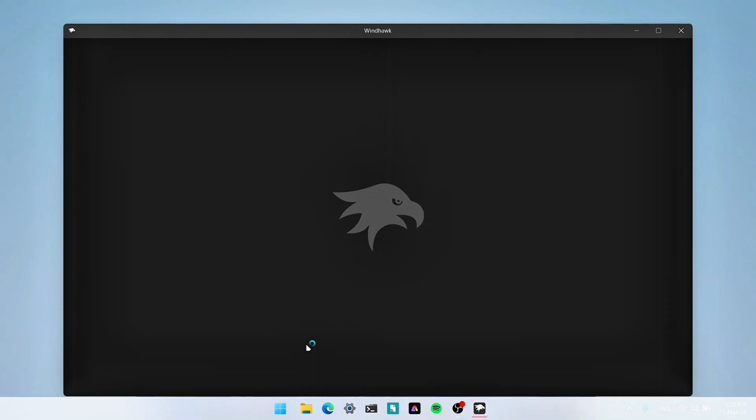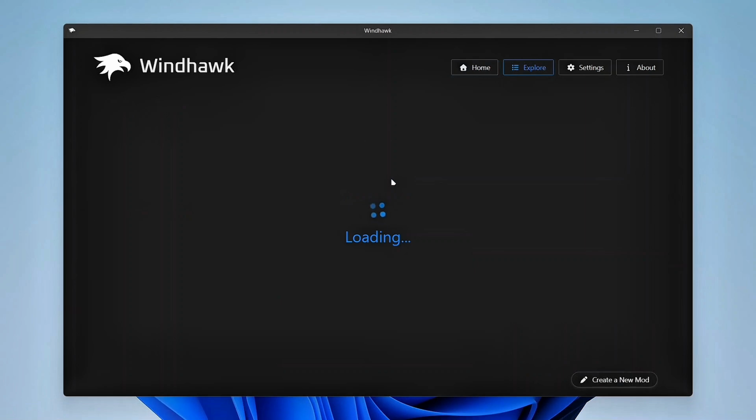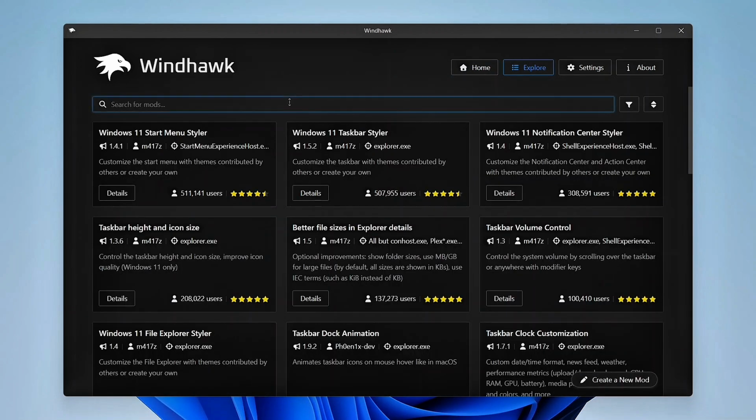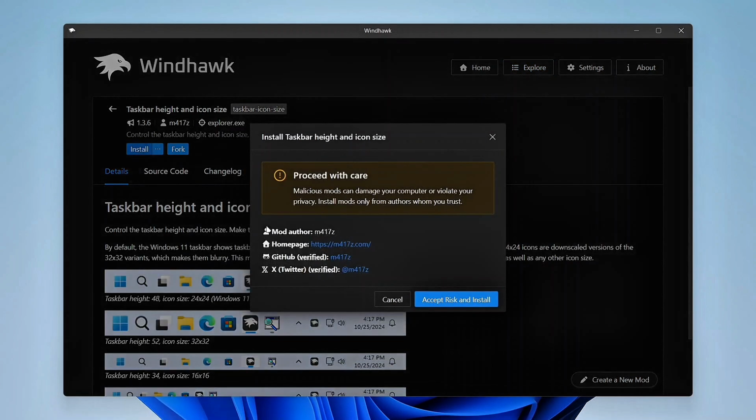Now open Windhawk. Here you need to install some mods. Click on browse for mods and then install taskbar height and icon size. Click on install.